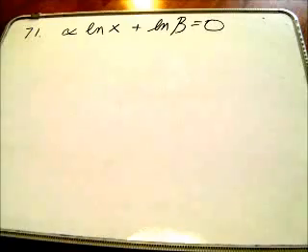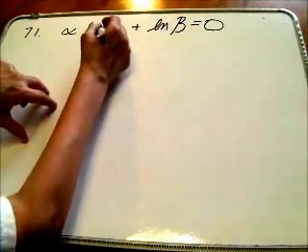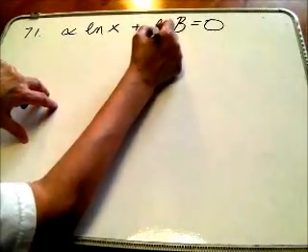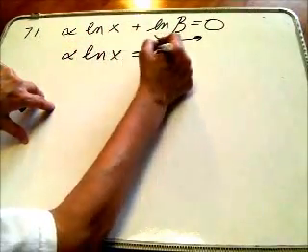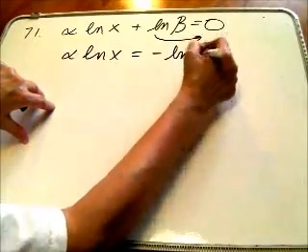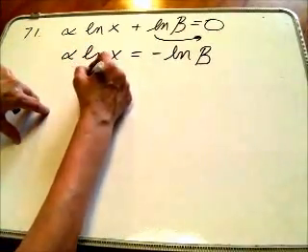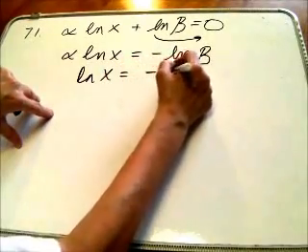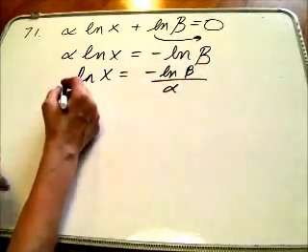So we get 2 answers. Okay, this one we're to solve for x in terms of all this other stuff, alpha and beta. So we need to get x by itself, so we're going to move log beta over. Since it doesn't have an x in it, we need to put it on the other side. And then alpha is multiplying this, so let's divide both sides by alpha. We get negative log beta over alpha, and then all we got to do is